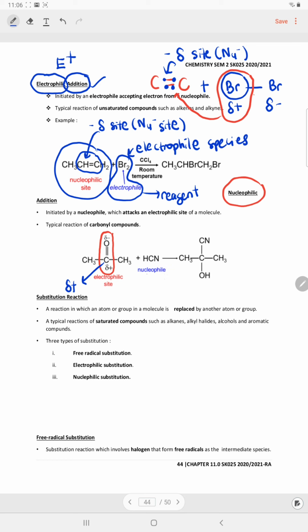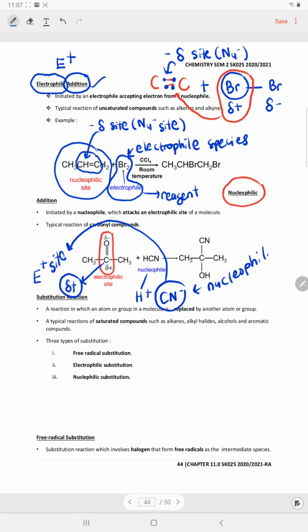In HCN, it consists of H plus and CN minus ions. If the site is positively charged, which is an electrophilic site, the species added must be negatively charged. So, what is added to it is negative. This is why the process involved is nucleophilic